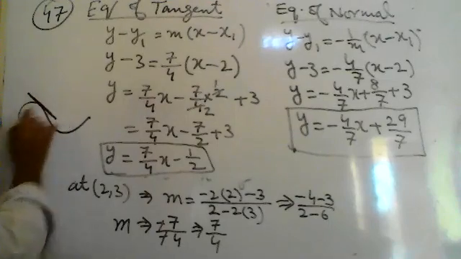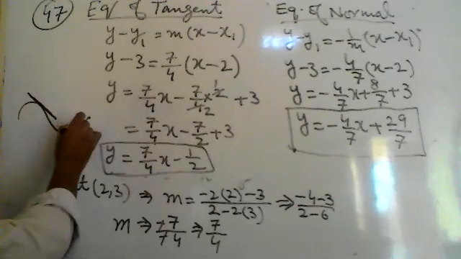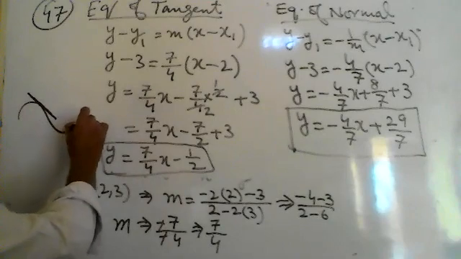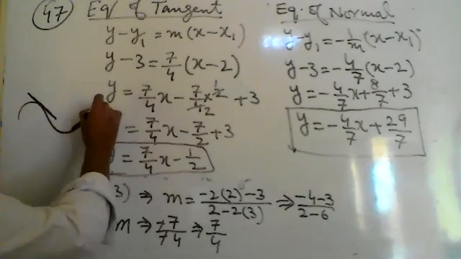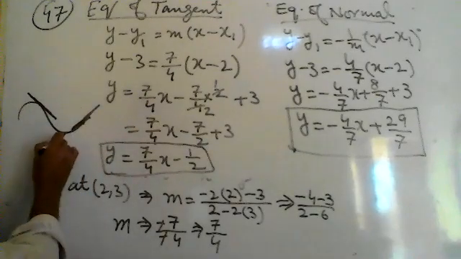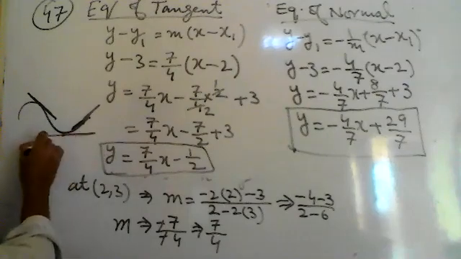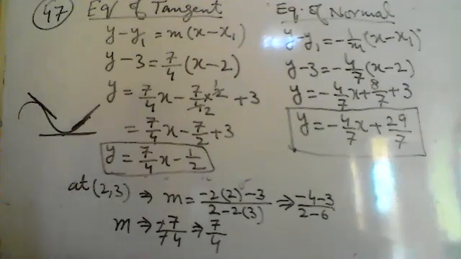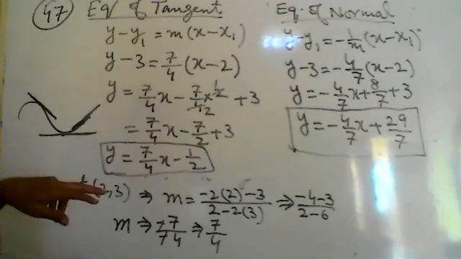This is the tangent, and at this point, the slope will be this one. That will be the tangent. At this point, the slope will be this one. So at different points of the curve, the slope will be different. So therefore, when we put the value of x1, y1 in the derivative